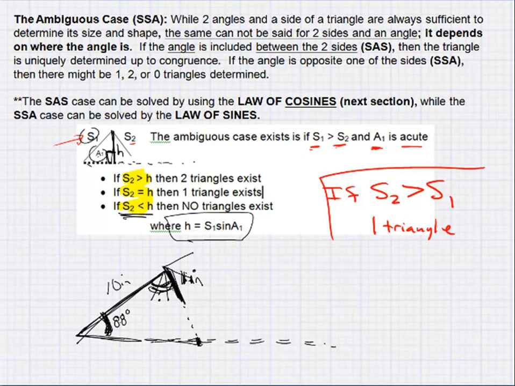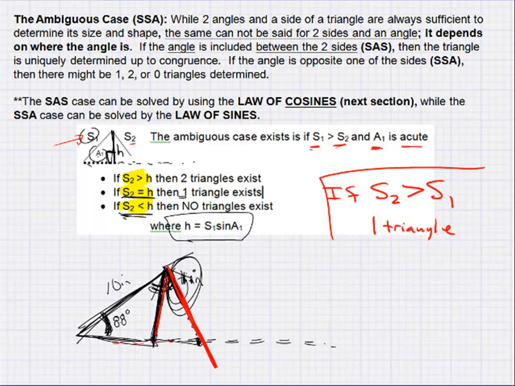Now, another possibility is that this distance here, which is my height, compared to this side, if they're equal, that means this side and this height are the same thing, which gives me this right triangle. So I get that situation, which is one triangle. And then the third situation here is that S2 is bigger. If S2 is bigger, that's this side, bigger than H, bigger than this distance, then the idea is